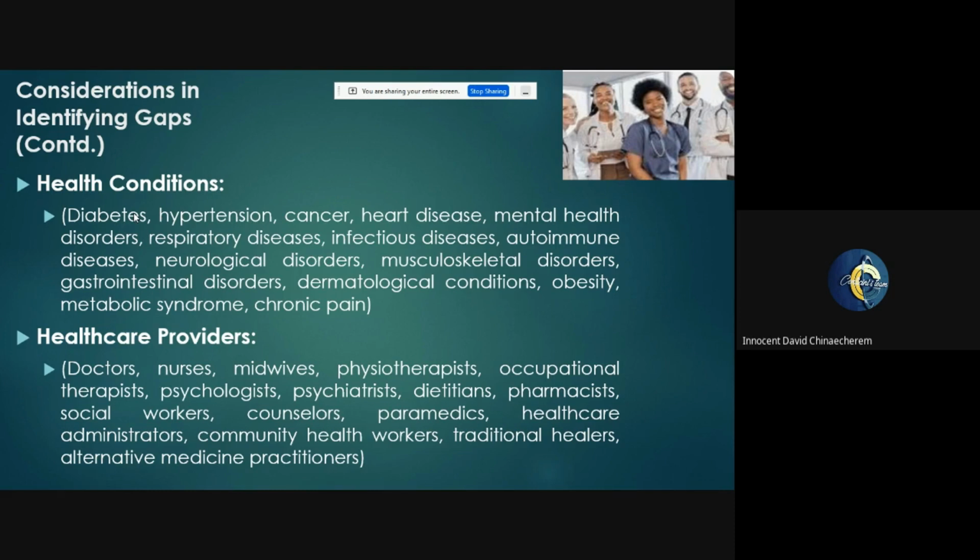It could be based on health condition, maybe the study is focused on diabetes, you want to explore another part of it, probably cancer, heart disease, musculoskeletal disorder. It could be a lot of things, right? Or it could be a change of participants, what I could also call here the healthcare providers. You look at workplace violence among nurses. You want to do it among doctors, or maybe doctors can still be delimited.